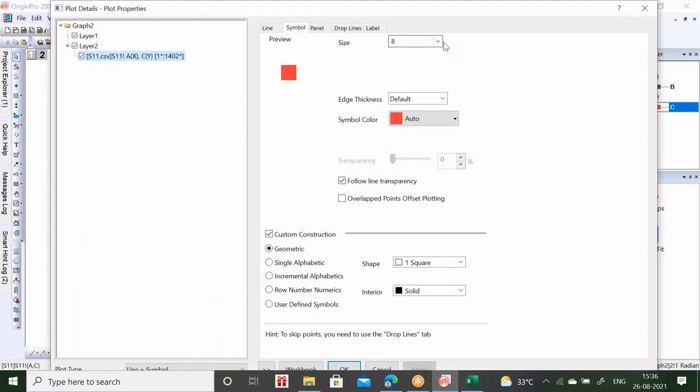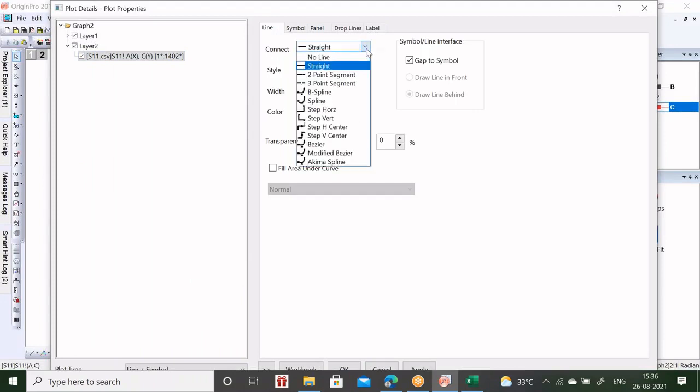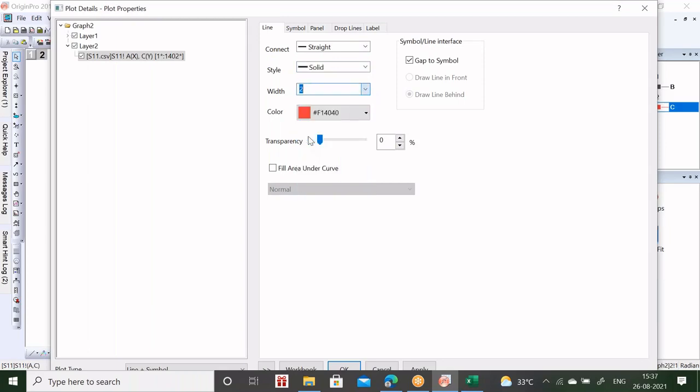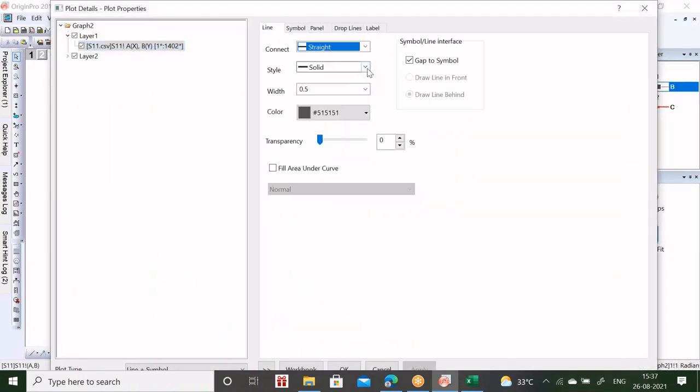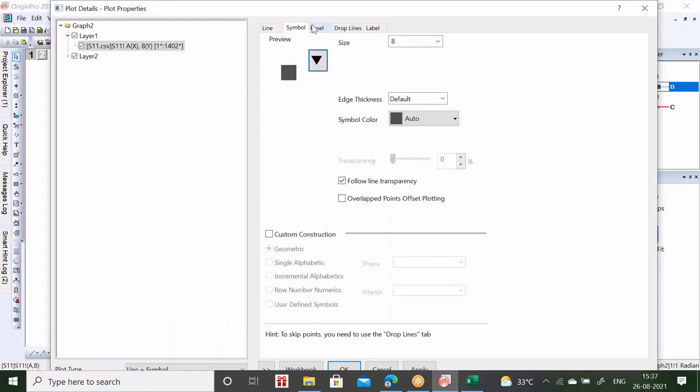If you double click, the size you can change. Size I'm changing to 3. Line style also I can change, the straight line, solid line. Width of 2 mm I am taking. You can change this line, and this also I can change. Double click. So line 2, this size I am changing.